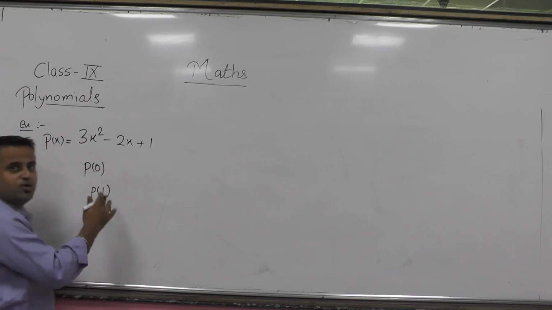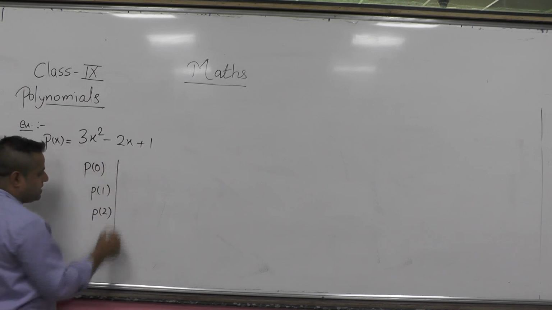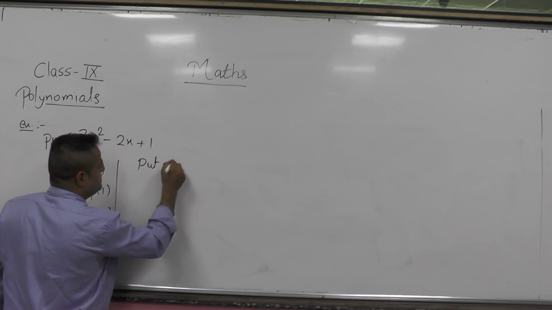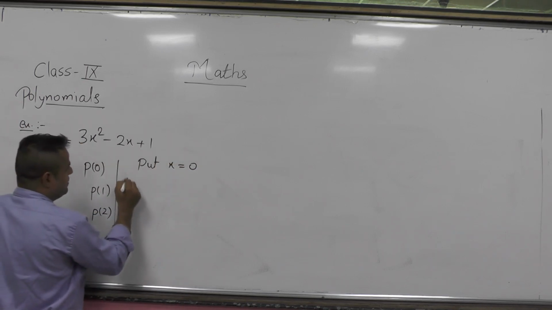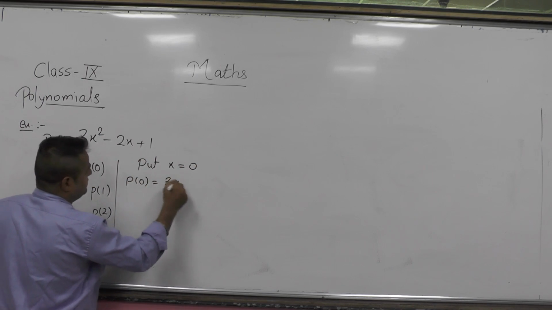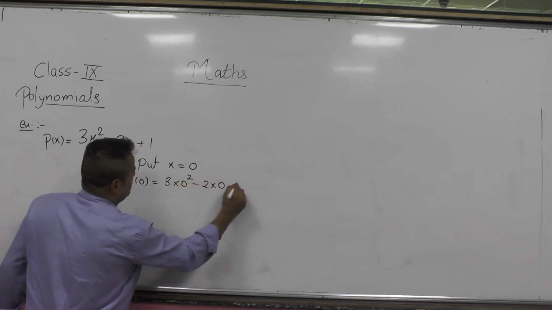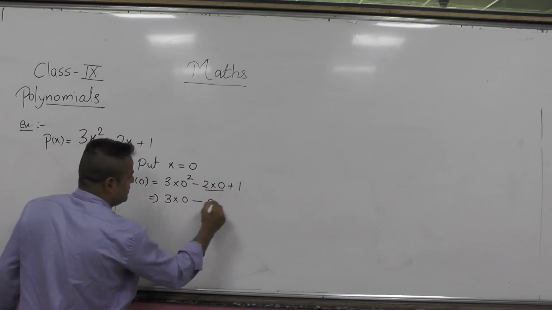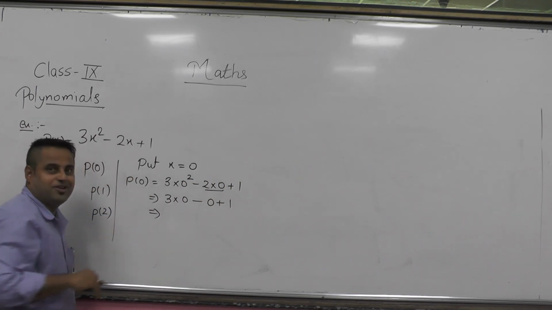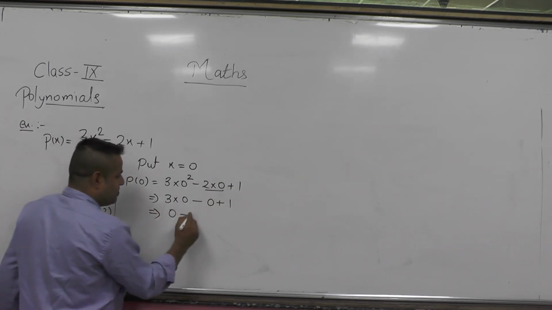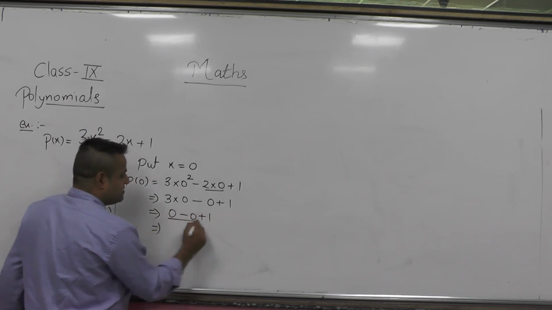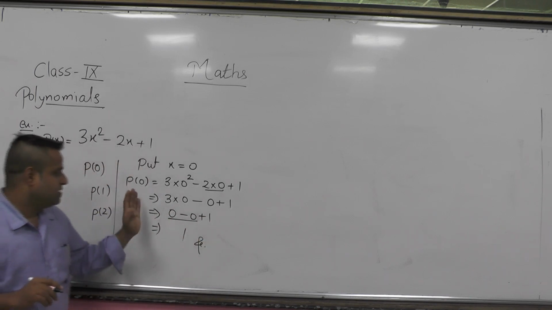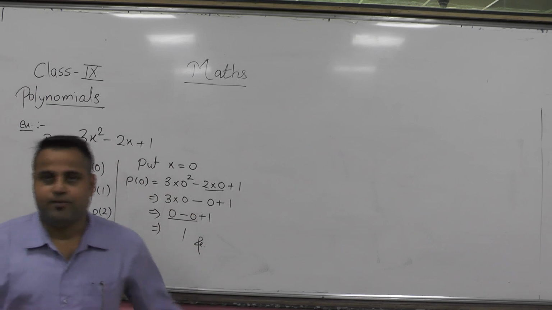Now what is P0, P1, P2, and how to find them? We just do one thing: we put the value of x in these different scenarios. Like we put x equal to 0 in this expression, we get P0 as 3 into 0 square minus 2 into 0 plus 1. Now, how do you know that 0 square is also 0? 2 zeros are 0, because 0 is the hero, what I told you yesterday. 3 zeros again 0, minus 0 plus 1. This 0 means nothing, so 0 minus 0 is 0, 0 plus 1 is 1, so your answer will be 1. For P0 the value is 1.